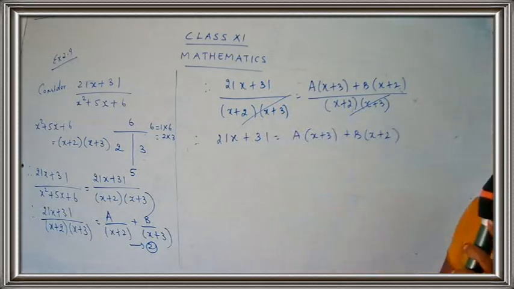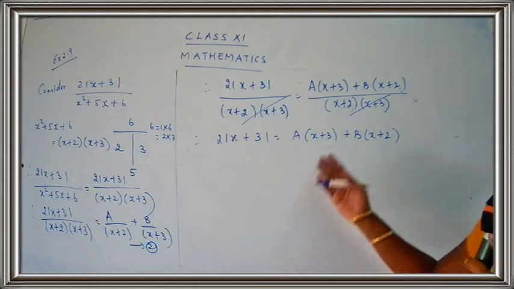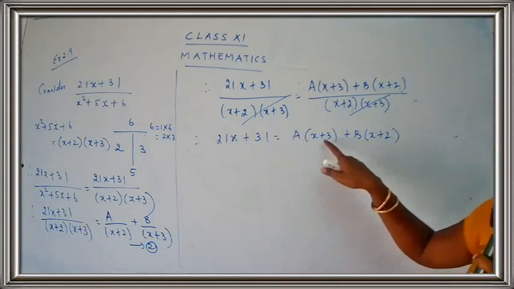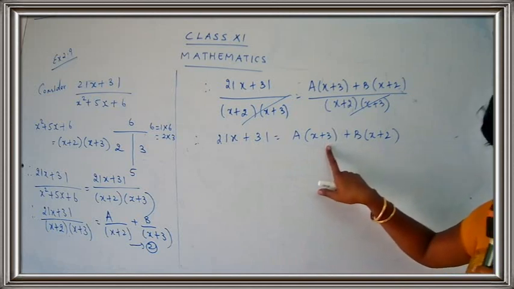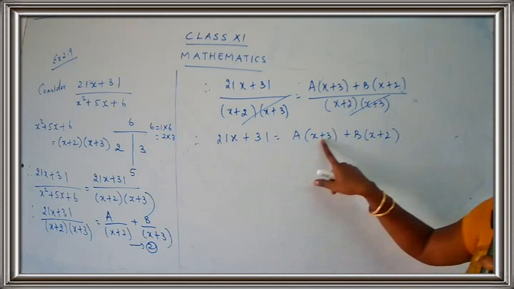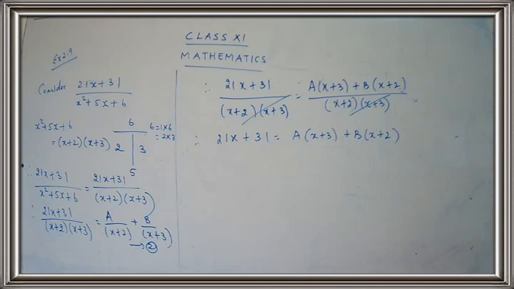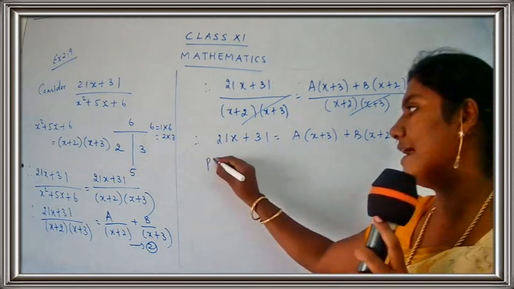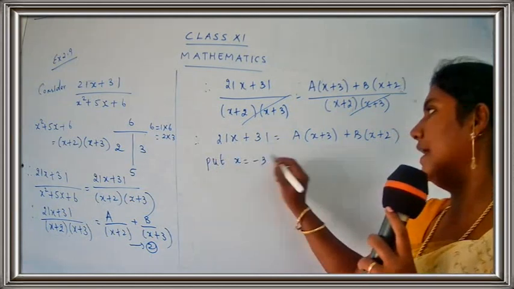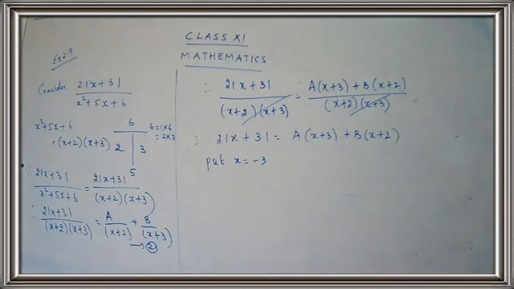Very simple calculation. Here we have to find two unknown values, and we can find them by choosing two values of x. One factor is x + 3, so what is the first value of x you are going to choose? Yes, minus 3. And the other is x + 2, so we can take the value for x as minus 2. Come on children. Just take the value for x as minus 3 and try to get the value. Go with the work. Find out the value. Be careful when you go with the calculation. Just check your answers once or twice.